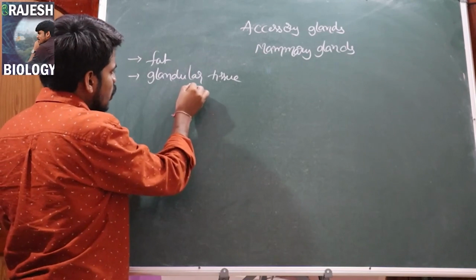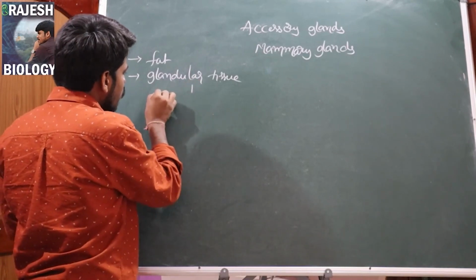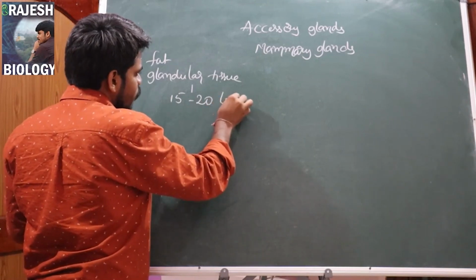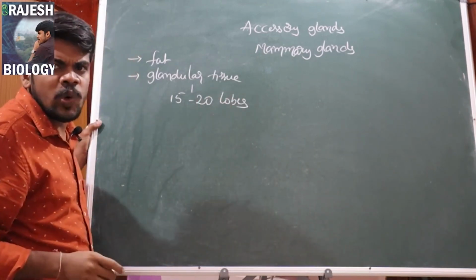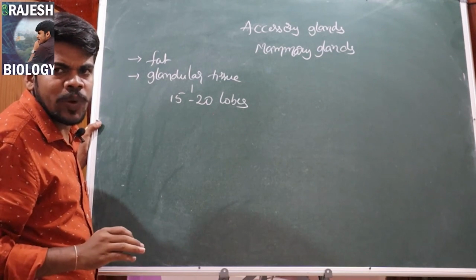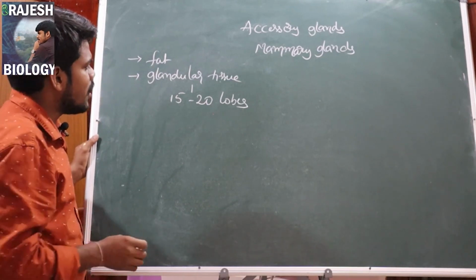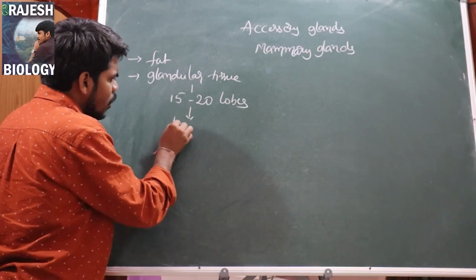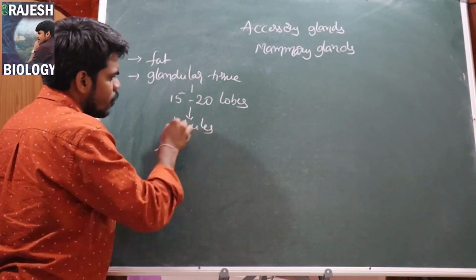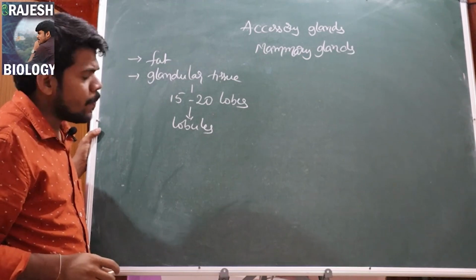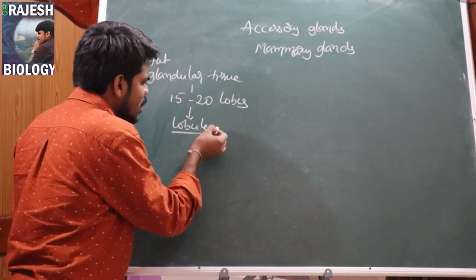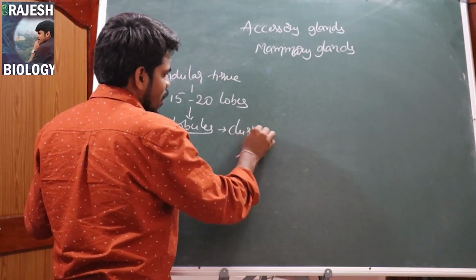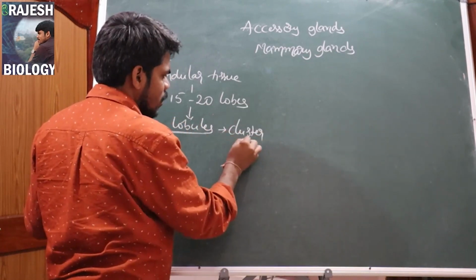This glandular tissue is divided into 15 to 20 lobes. And each lobe is again divided into so many lobules. These lobules contain a cluster of cells. I'll draw everything here. Cluster of cells